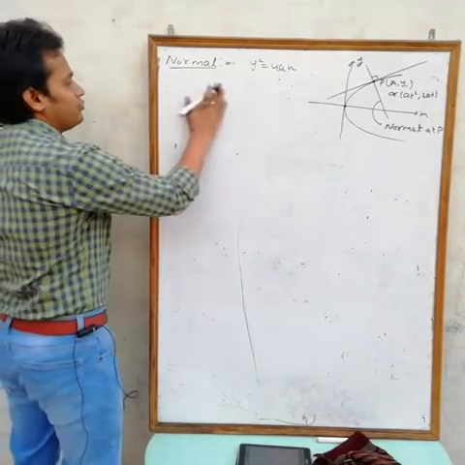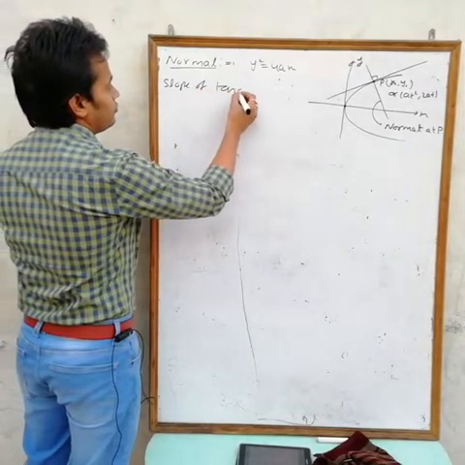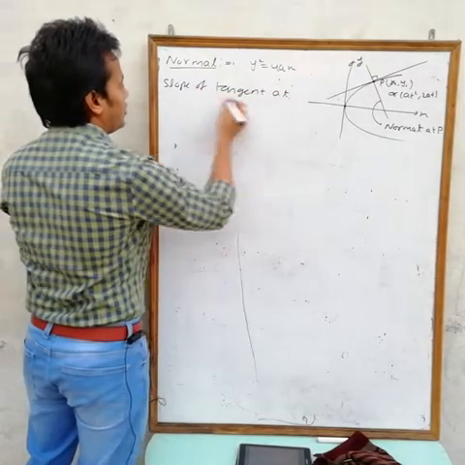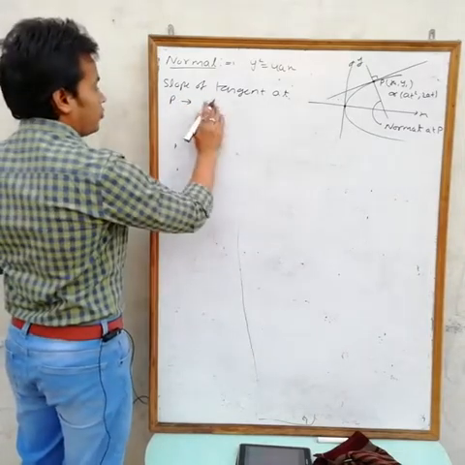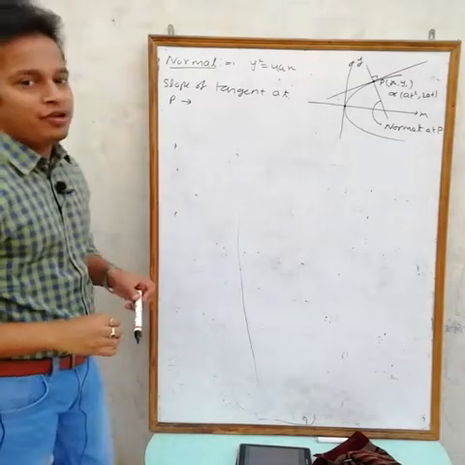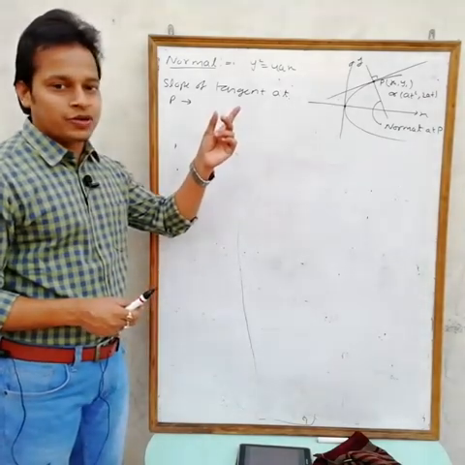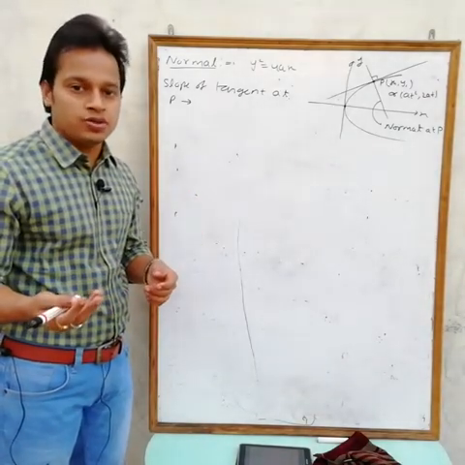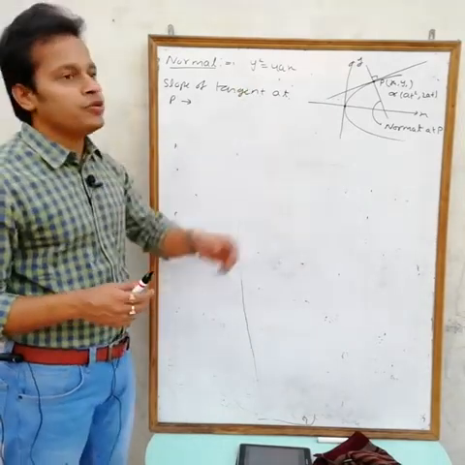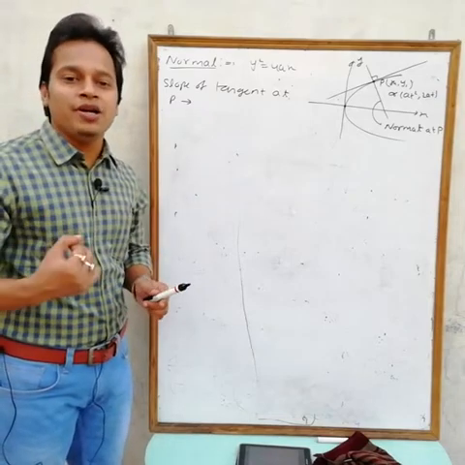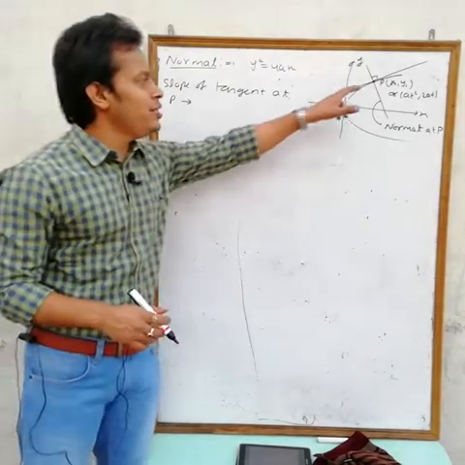So first I am writing slope of tangent at P. Slope of tangent at P is 1 by t, or in terms of x1 comma y1, you have two options. Here we have the equation of tangent at x1 comma y1 in terms of x1, y1, t equals 0. From that equation you can find the slope of tangent, or you can use dy by dx. Actually dy by dx represents the slope of tangent at any point. So just find the value of dy by dx at this point.